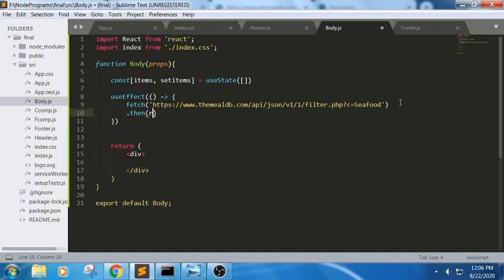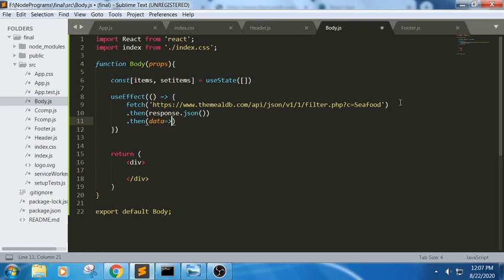First let me write response dot JSON, and next we will retrieve the values of it. So I'm writing data, console.log of data.